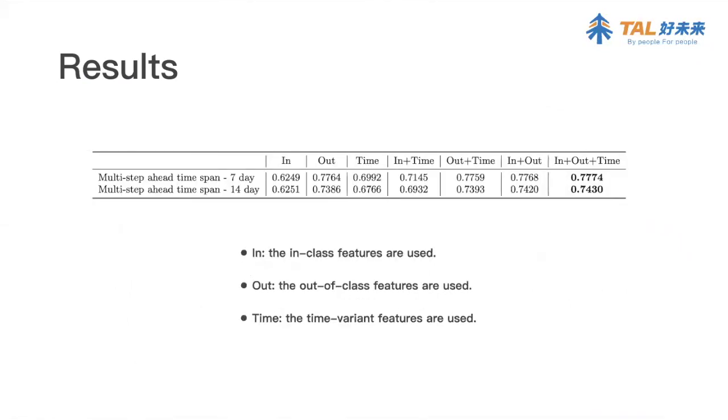At last, we performed a set of experiments on the different modality features. From the table, we draw the conclusion that every modality of features is important and useful, and by utilizing all the sets of features, we are able to achieve the best results in both prediction tasks.